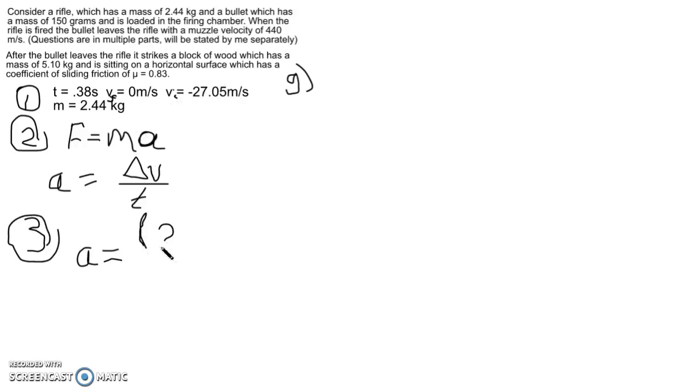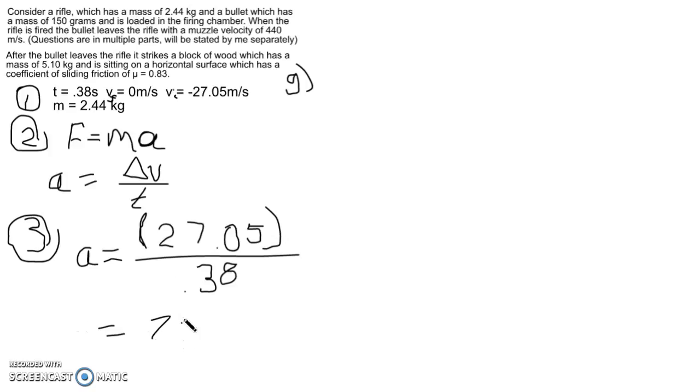So this is just going to be 27.05, and all of that divided by the time, that being 0.38, and you find your answer is, let me check, around 71.18 meters per second squared. So that's quite a large acceleration, but that's what we're working with. So that's the acceleration